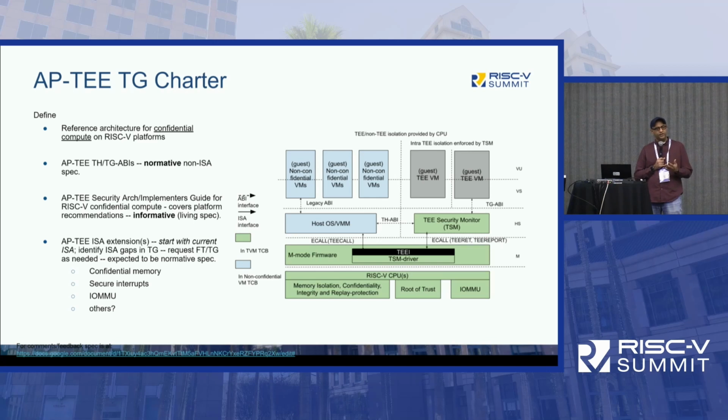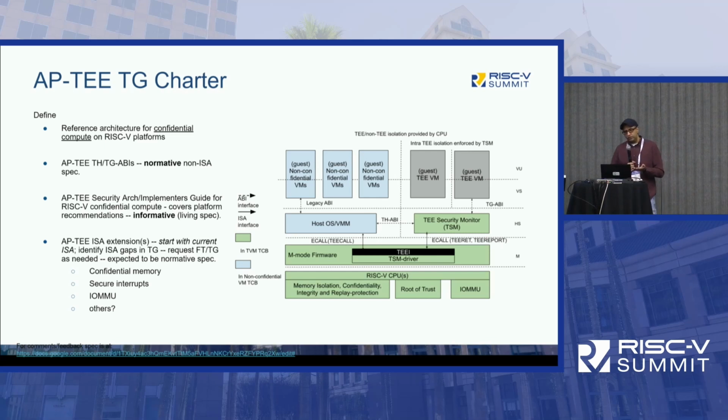Because what most confidential compute architectures do is define your trusted compute base, right? And one of our other functional goals, non-security goals, was to make sure that we can bring in a lot of the software workloads that are also progressing in parallel, as we are defining new ISA for user mode, for privilege mode, etc. And we make sure that we reduce the amount of friction to bring software into these trusted execution modes, right?